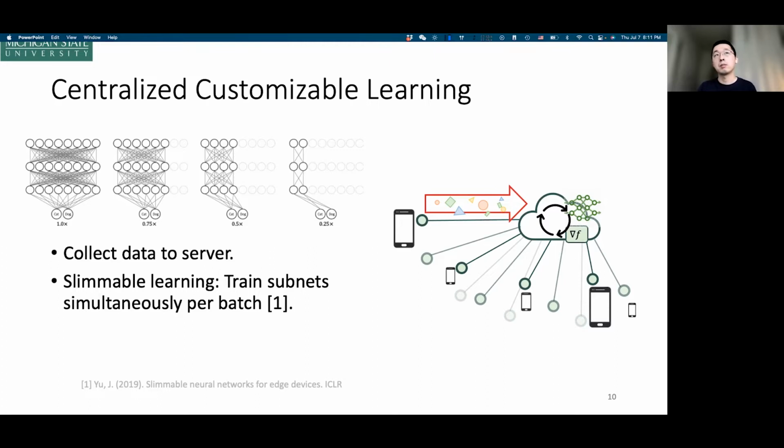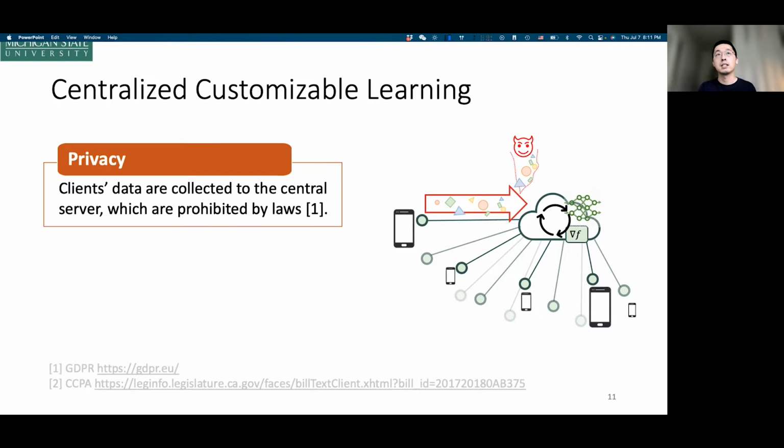But what's the problem with this method in practice? The first problem is privacy. When you collect all the data to the central server, you cannot guarantee the privacy. Probably the server will be attacked by a hacker, and you may leak information to any malicious hacker.